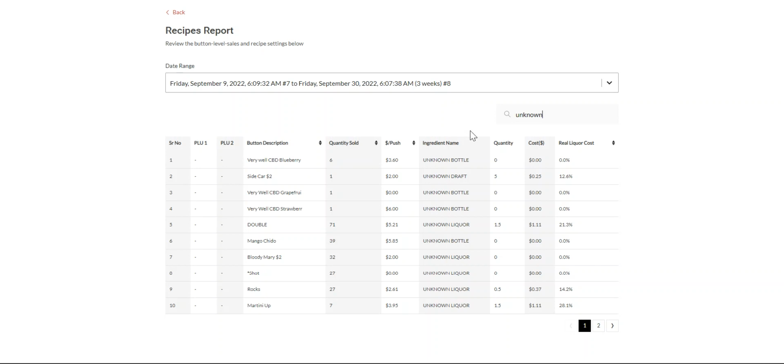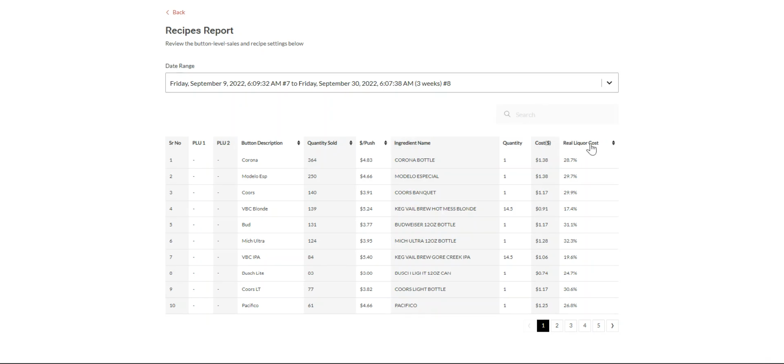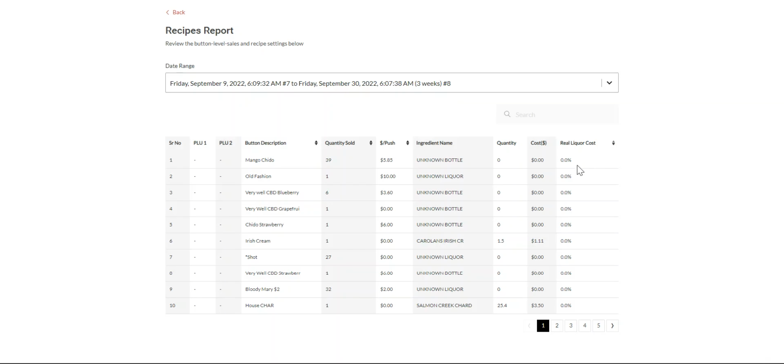And then the third suggestion is to use the sorting of the real liquor cost column. The real liquor cost column is showing what liquor cost you're hitting in real life, which is the actual cost of the product divided by how many dollars are being taken on average on that button press. The reason we say real is it's not the nominal rate, which includes tax, but it's the net effect of tax. If you click on it first time, you'll see the items which have the lowest liquor cost. And you can see here, items which have a 0% liquor cost is usually because they're being attached to an item such as unknown, or